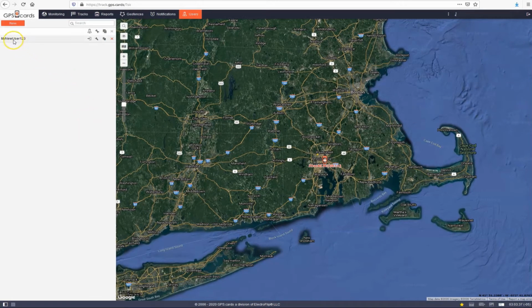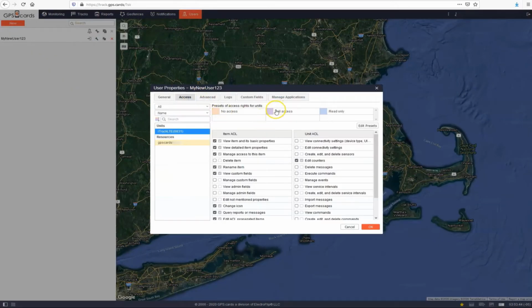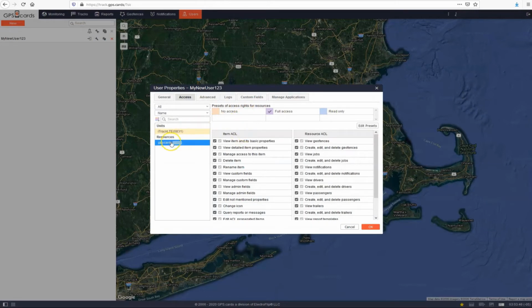And you'll see here my new user 123, and you'll see that again we have given them a bunch of permissions, maybe too much access. We've given them access to our resource pool. Maybe we don't want to do that. For now we're going to say nope, we don't want to give them access to our resource pool, meaning our notifications, our reports. We just want them to create their own.